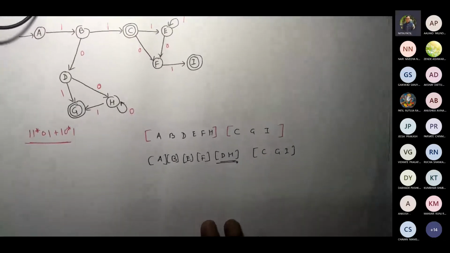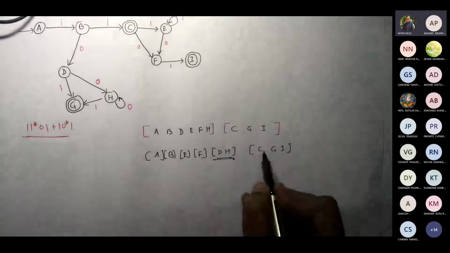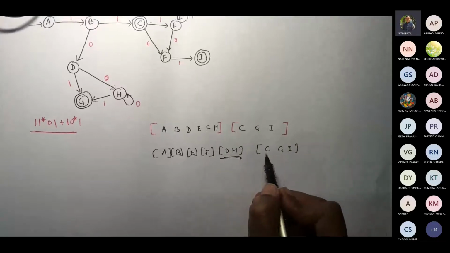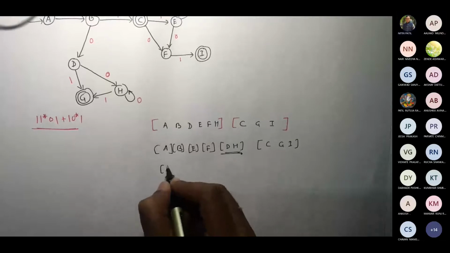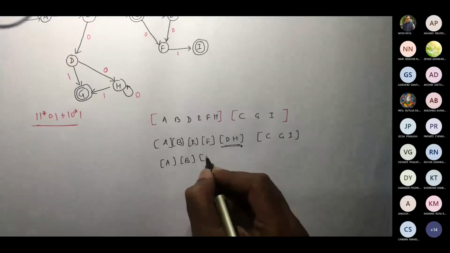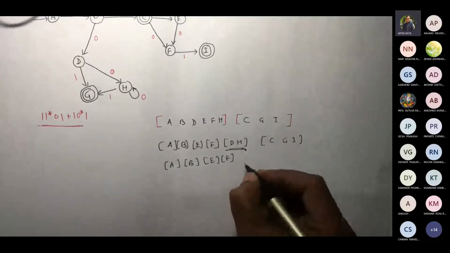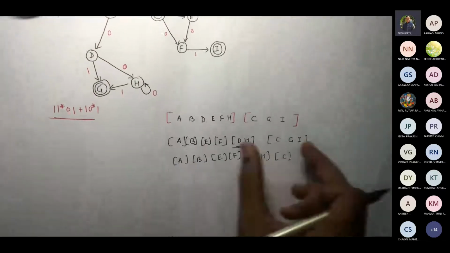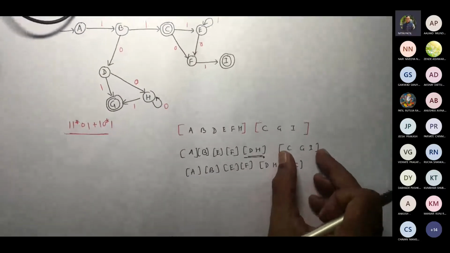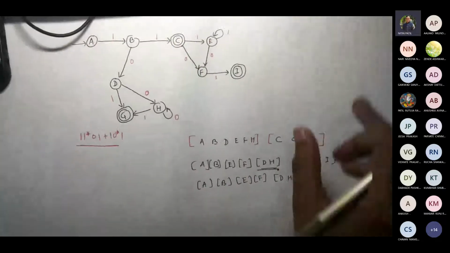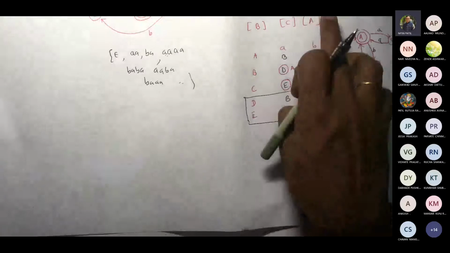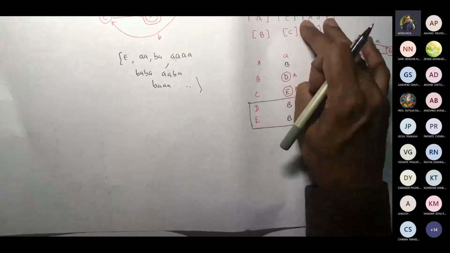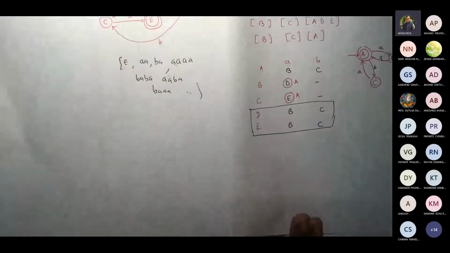Now next, let us try to see CGI. From C, we are going to E, correct? We are going to E, and for F, for 0 and 1, we are going outside. So A, B, E, F, and I will write DH now. I will separate C now because I worked with this group. Now I will work with this group because I have more than one state. Otherwise I could not have, because in the earlier examples which we saw here, we had more final states. Then we converted them to one because we could see that there are transitions reaching the same group.